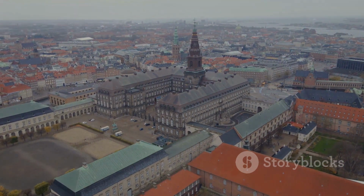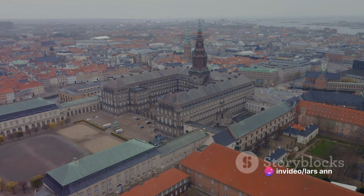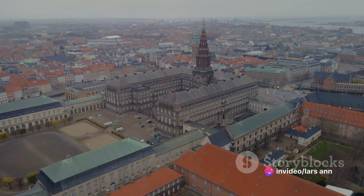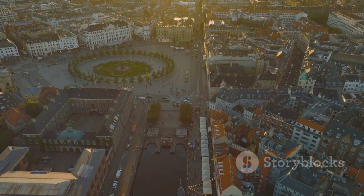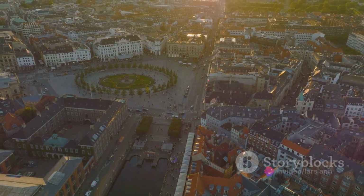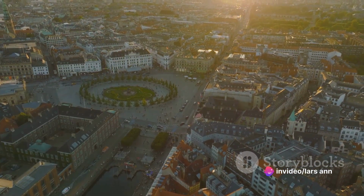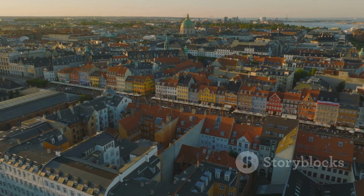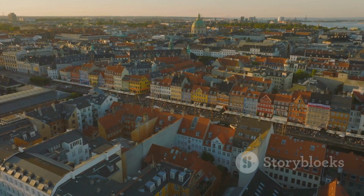Finally, we arrived at the modern era, represented by Christiansborg Palace, a symbol of democratic ideals. The palace's neo-Baroque style, a sharp contrast to its predecessors, marked a new chapter in Copenhagen's architectural narrative. These buildings, each unique in its design and purpose, echo the city's past while standing firmly in its present. They are more than just bricks and mortar. They are the milestones of Copenhagen's history, each one reflecting the societal and cultural changes that have shaped the city